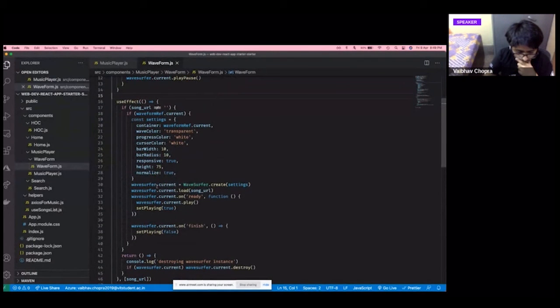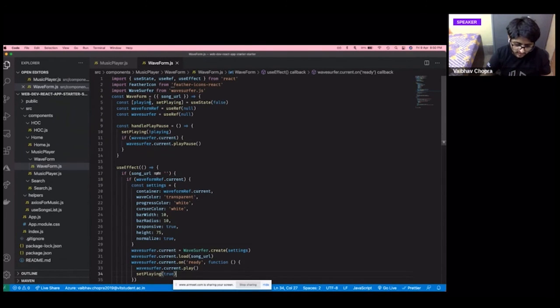Every time the song URL is not null, which is basically every time you get a proper song URL, you have to create a new waveform with this command called WaveSurfer.create, and load it using this song URL. As soon as it's ready, you have to play it, and set the playing boolean, which is stored in this state, setPlaying, to true.